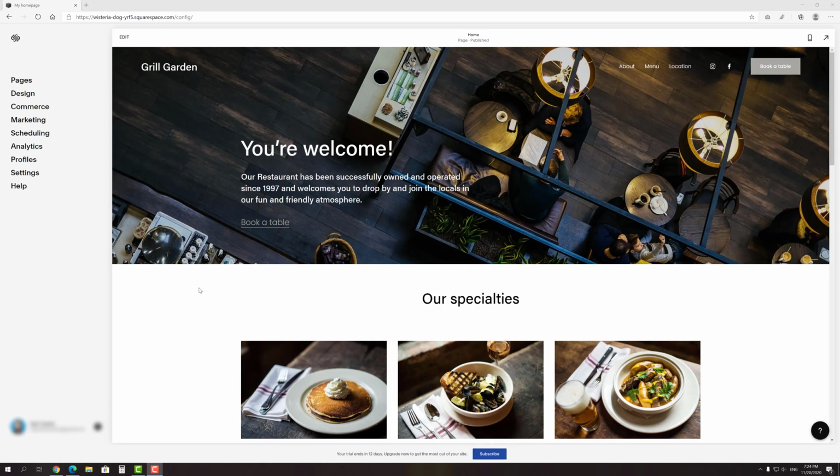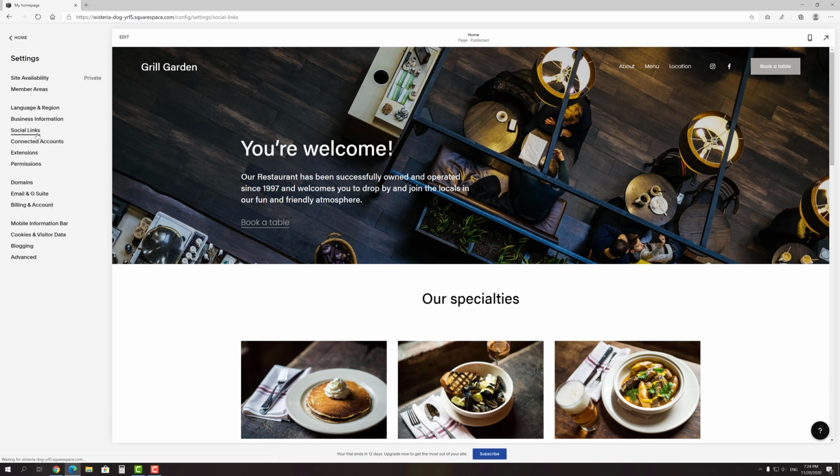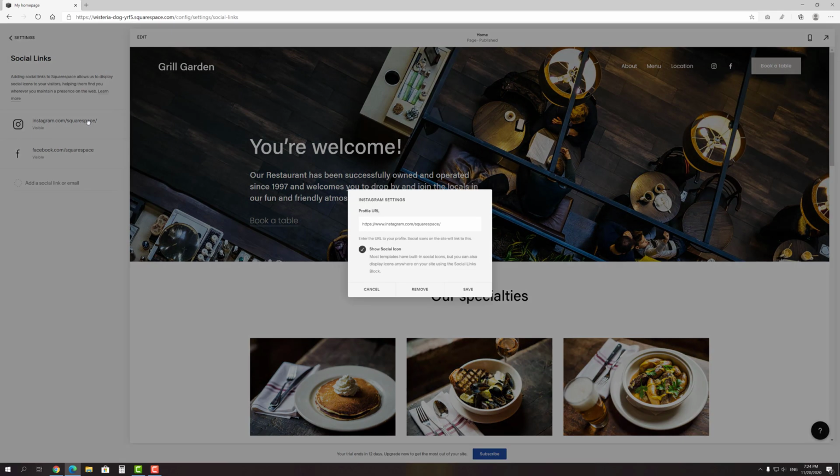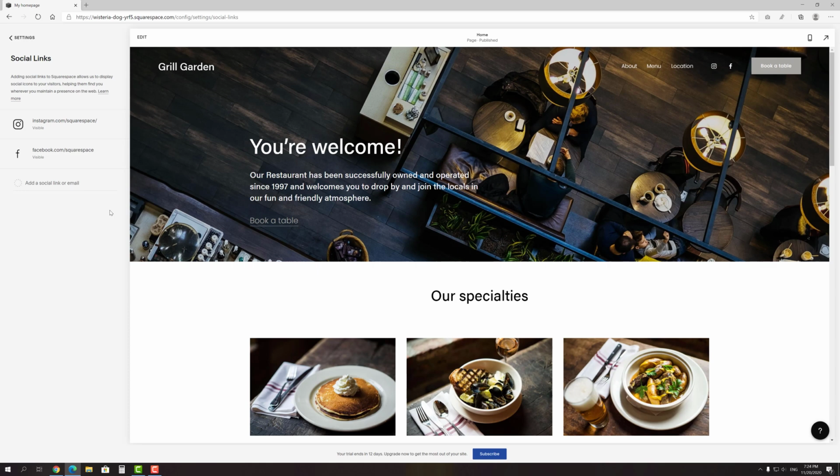Another important thing to do before launching a website is to add social links. You can do that in the Settings tab. Just enter the link to your account in any social media and its icon will automatically appear. The icons will be displayed wherever you add a block with them. For example, on my site they appear in the header and footer.